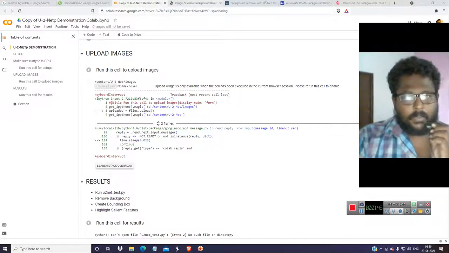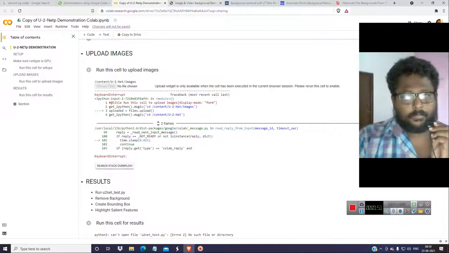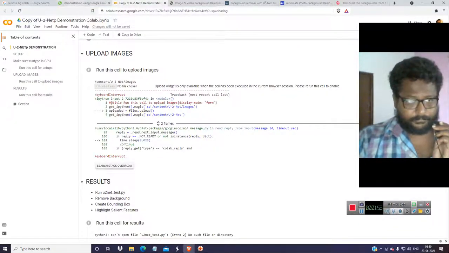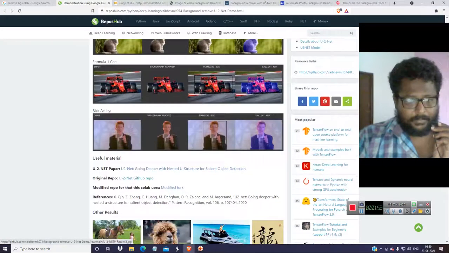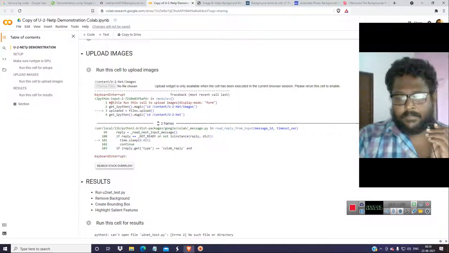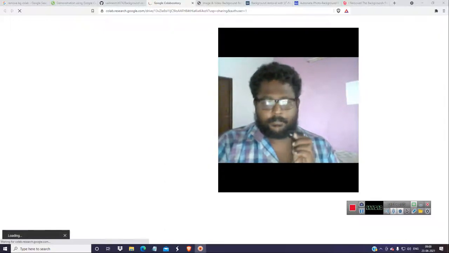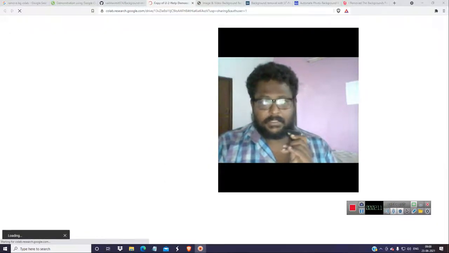Okay friends, we have just found a very good repo over here. This would serve us better. So this is that repo. We have opened it on the Colab. The original repo is here, U-Net. So now what you have to do is connect to the GPU and start doing it.